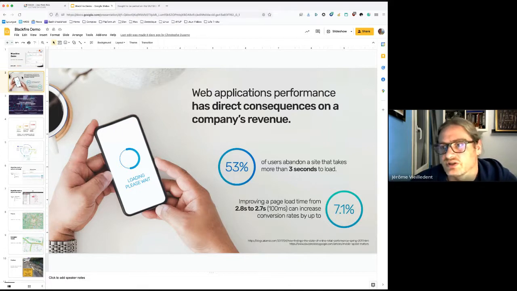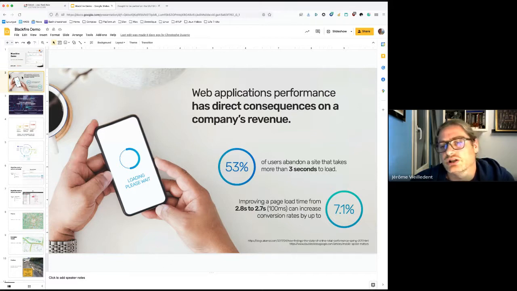This is not a statement out of the blue. Several researches have been conducted by very large and major companies like Akamai, Google or Amazon, and they all showed that user engagement, and thus the company's revenue, is directly correlated to performance.